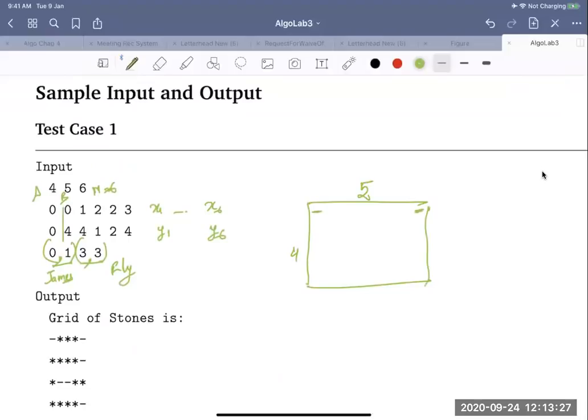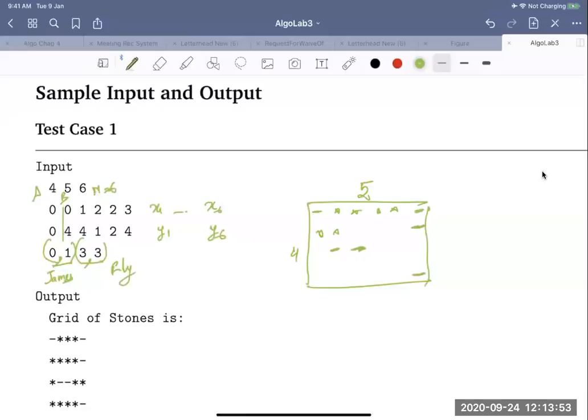Similarly, 1, 4 is unstable. Then 2, 1 is unstable. Then 2, 2 is unstable. Then 3, 4 is unstable. So these are the unstable ones. Apart from these, all are stable ones.